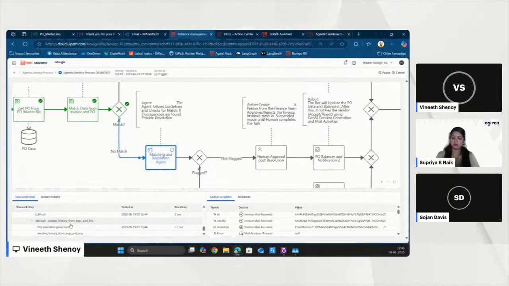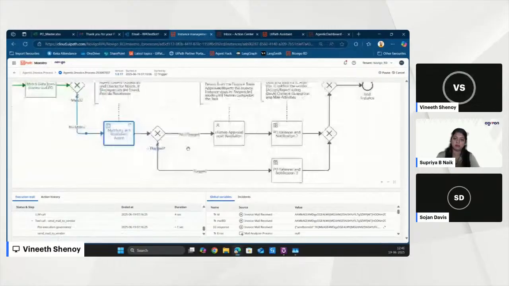It finds out, okay, is this vendor known to do such errors in the past? Does he have a history of over invoicing? And then it decides that, okay, I don't need a human validation now, go ahead. So it has sent a mail to the vendor saying, hey, I found this, please look into it. So no human intervention here. As you can see, the agent has taken its own decision without human validation.